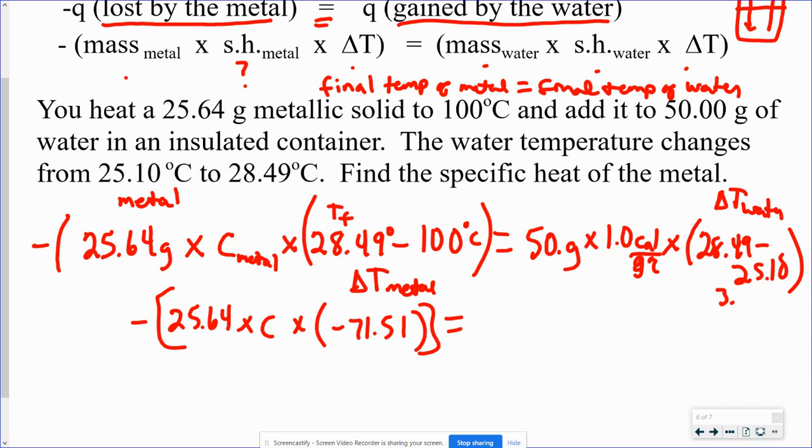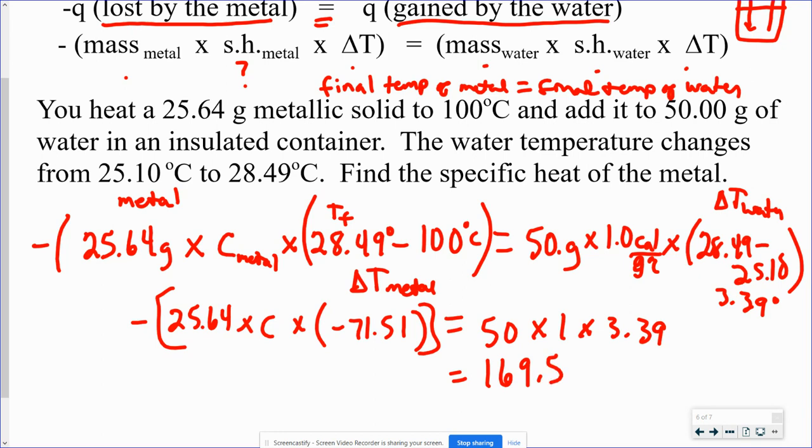That temperature change is 3.39. So I can then multiply 50 times 1 times 3.39. That equals